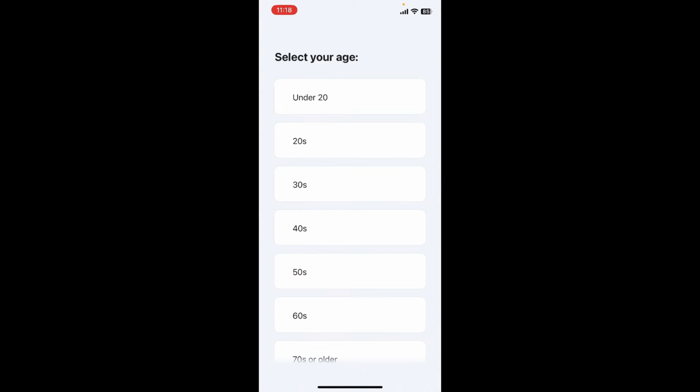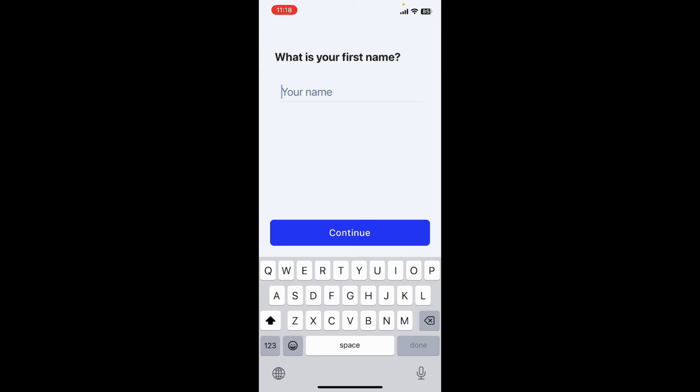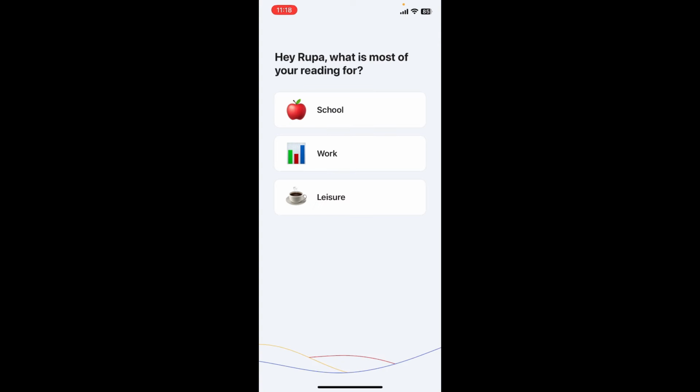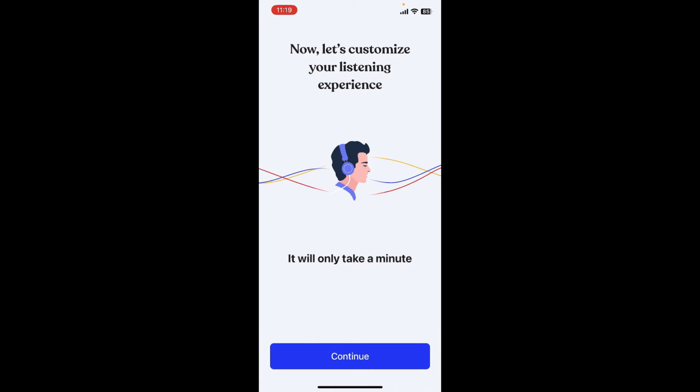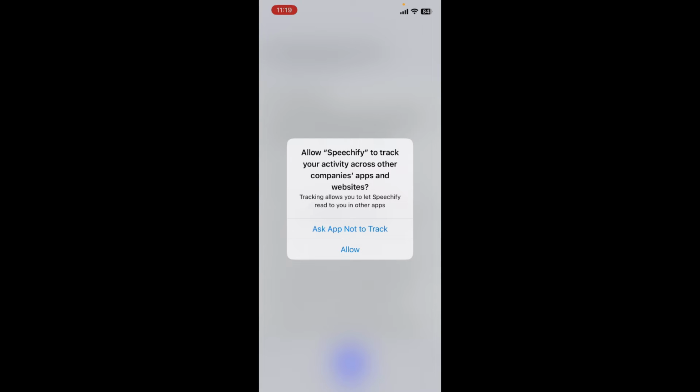Select your gender, select your age, type in your first name, and tap on continue. Select what the most of your readings are for, and answer all of the questions along the way. After you are done making your selection, click on continue and follow through the prompts to customize your listening experience. Tap the continue button at the bottom again and allow Speechify to track your activity across other companies, apps, and